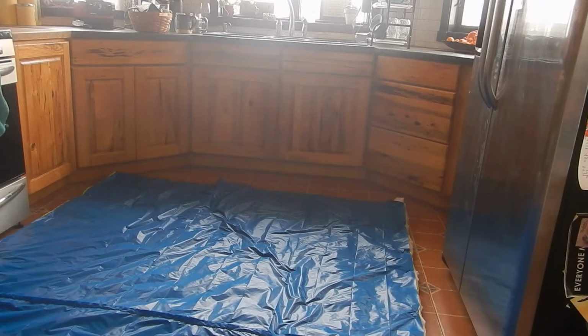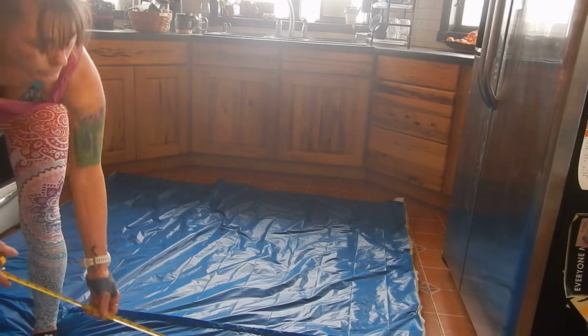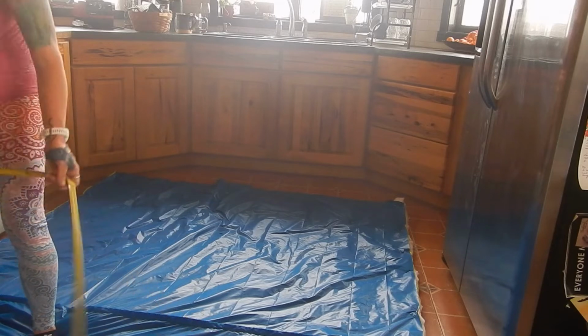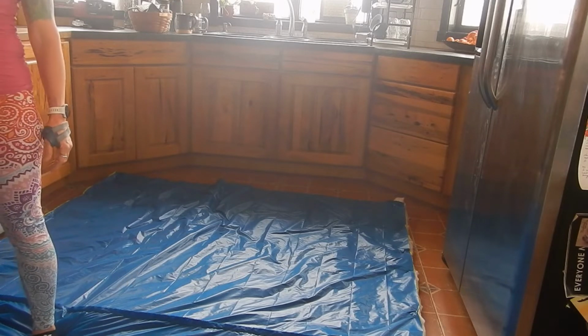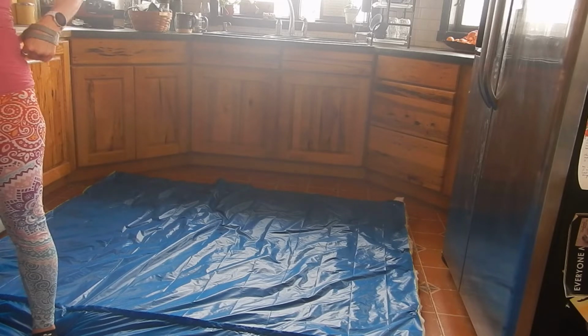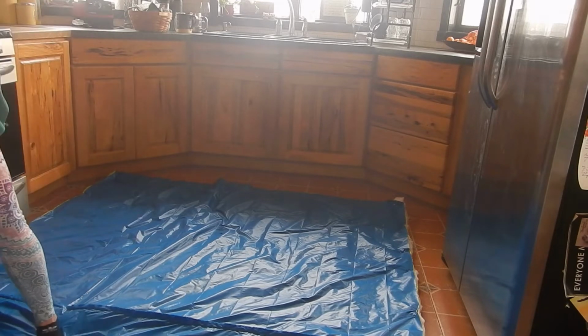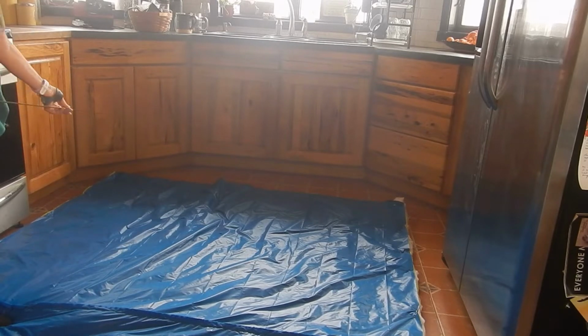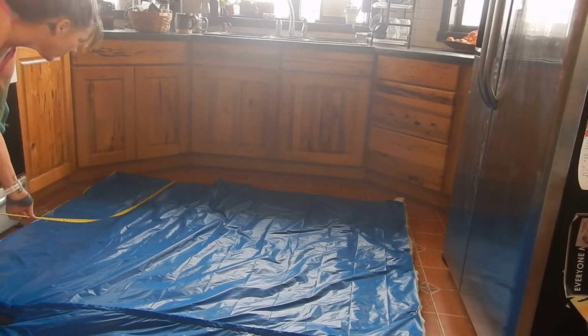Hey, Woody, I need your help. I won't say that's too big to fit in the tent right now. You think? Yeah. Okay, so I got my length is good. Do you care